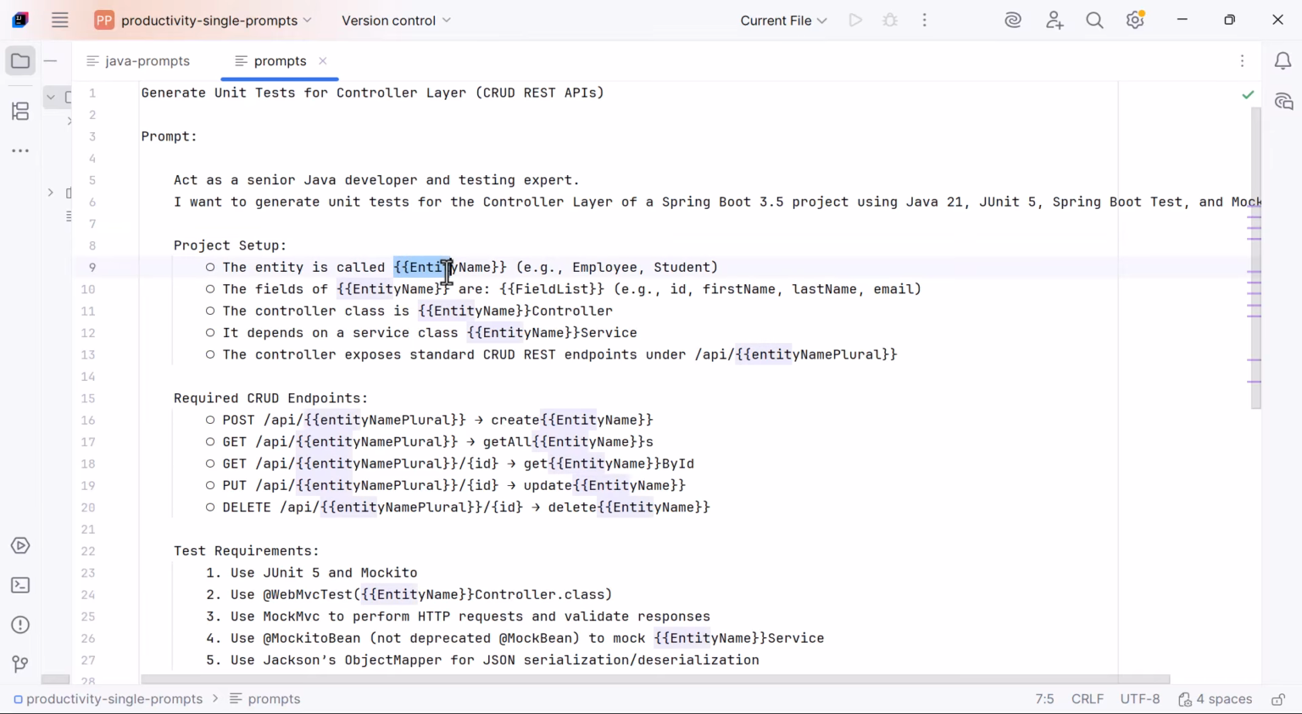So here we have entity name as a placeholder. You can give any entity name that you want. For example, if you are working on an e-commerce project, you can give the entity name product, order, payment, or inventory. Let us say we are working on the employee management project. We can give entity name as employee over here,